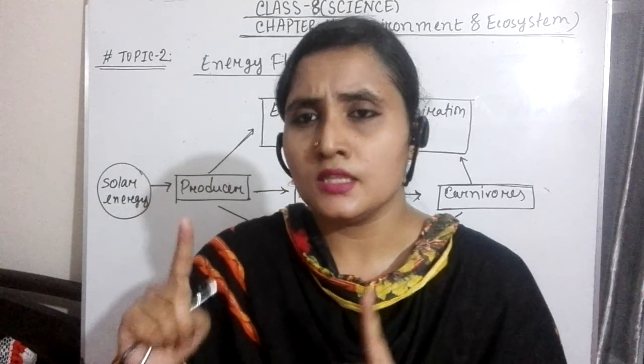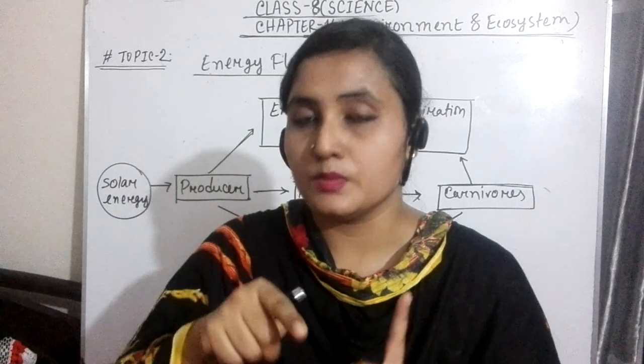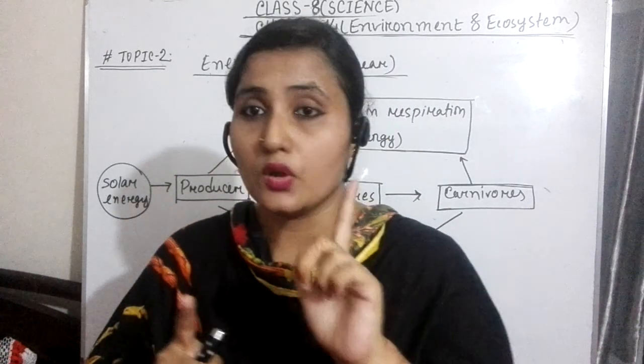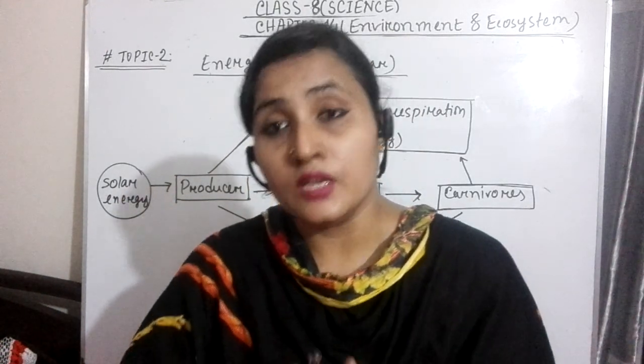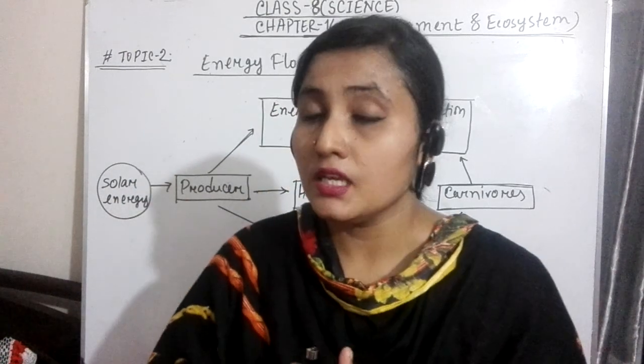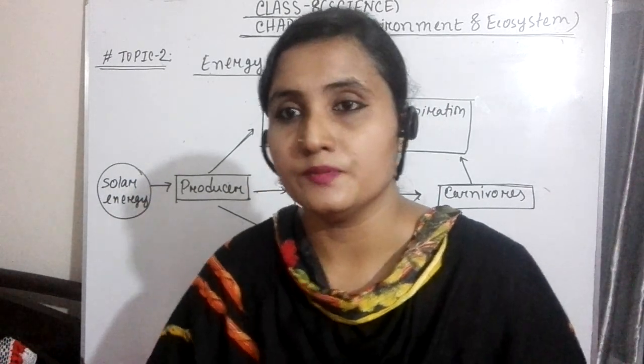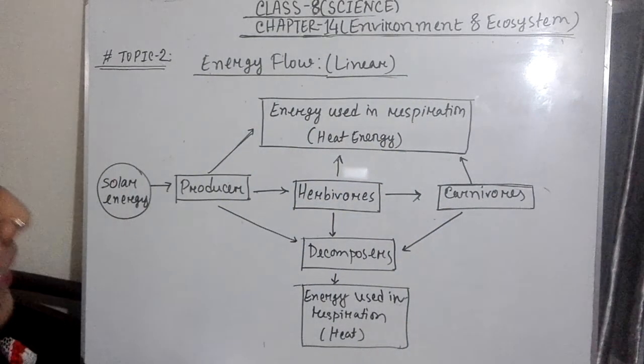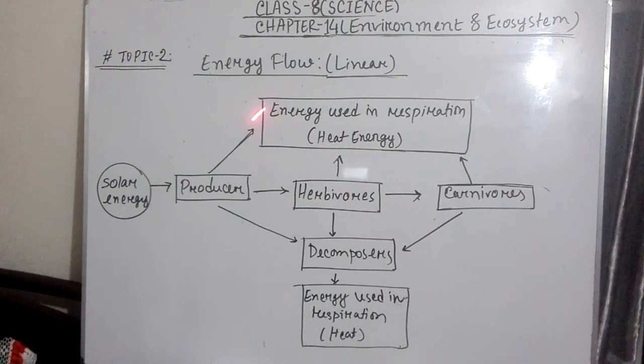That means this was a circular process, but this energy flow is not circular. It is a linear process. Let's see how it is linear. It is linear because, as you have all come to know, solar energy helps the producers to make food. When the producers make food, they